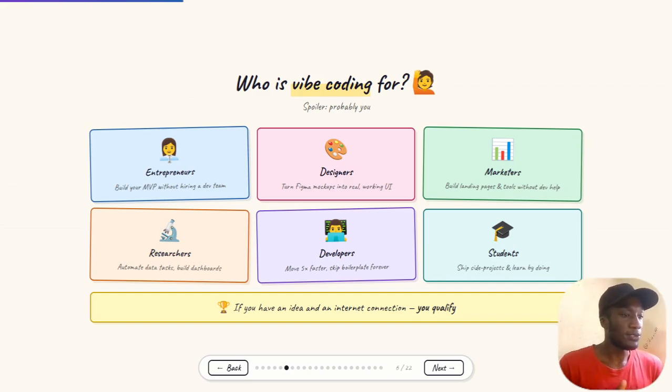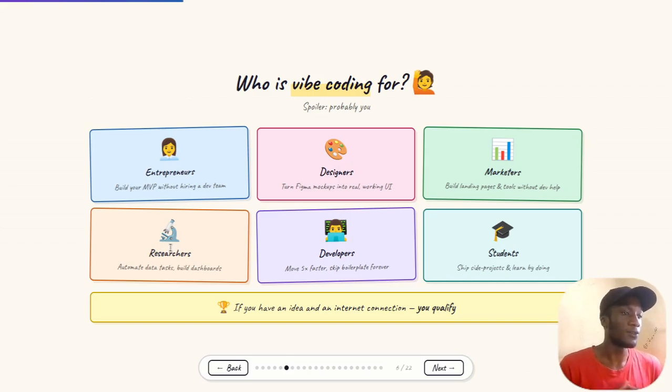Other people who are using it are marketers, for building landing pages and tools without dev help. Researchers are also using it to automate data tasks and build dashboards, and developers are shipping software faster than ever.